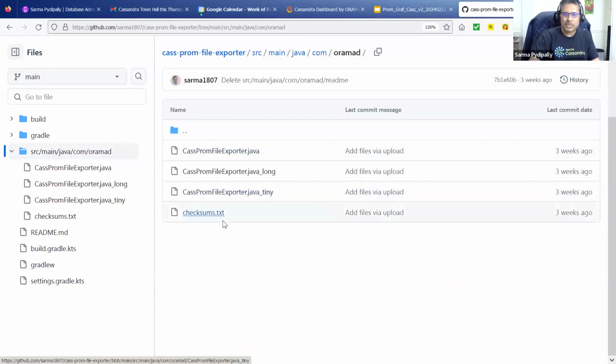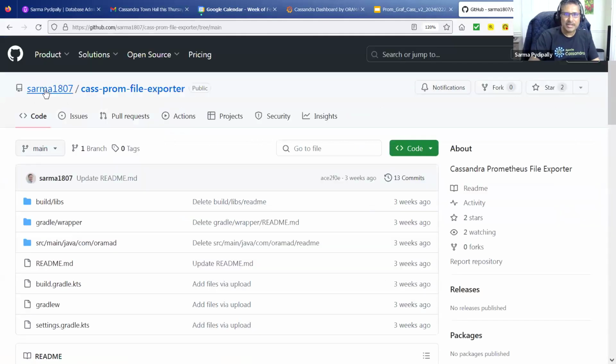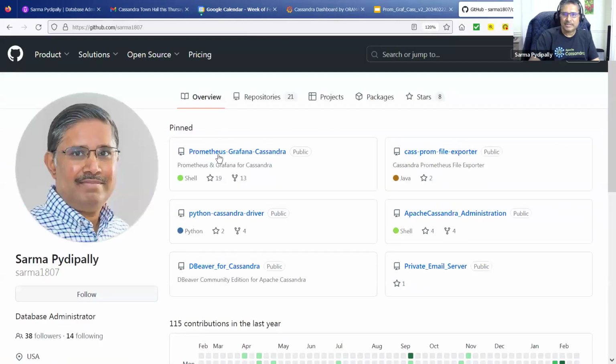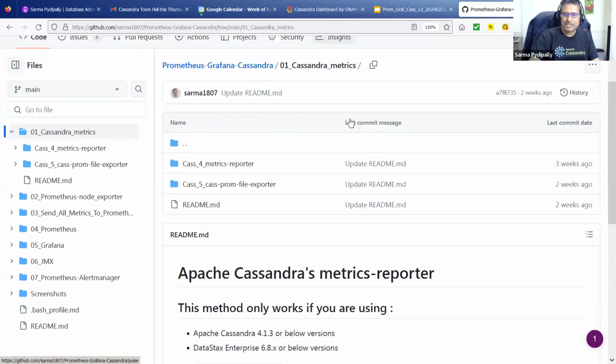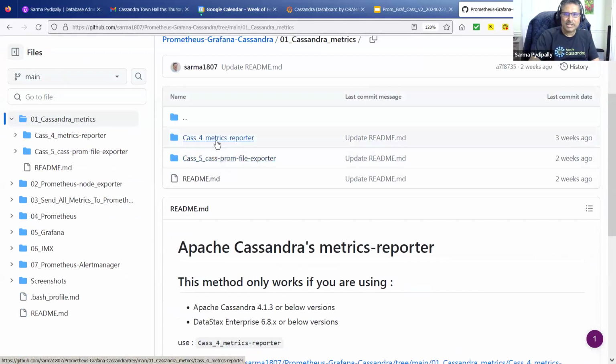But the code is published here. You can look at this repository. There is another repository you can look at, which is the actual dashboard itself. The way I do it is step by step: how do you get the metrics out? There are two branches here, or you can say two folders, one for Cassandra 4, and anything after Cassandra 5, where we want to use the Prometheus Java agent.